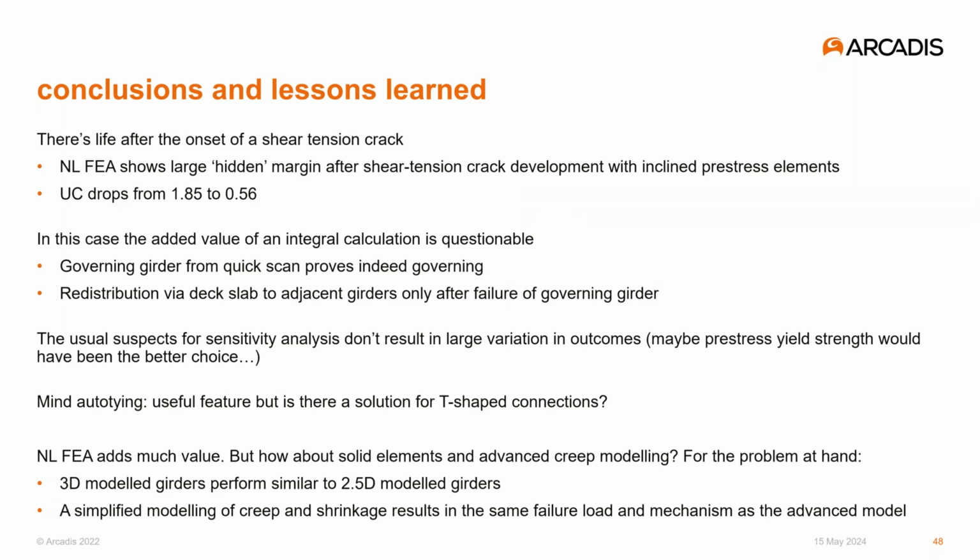In a regular linear elastic reassessment, the development of a shear tension crack means that the ultimate capacity has been reached. In our nonlinear analysis, however, there is much more resistance against shear forces due to the mobilization of resistance in the inclined pre-stress elements. The unity check drops from 1.85 to 0.56, which means that the structure is more than 3 times as strong